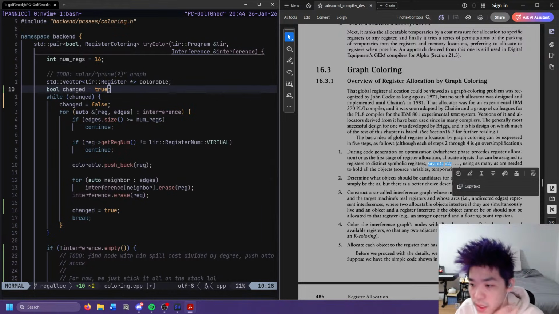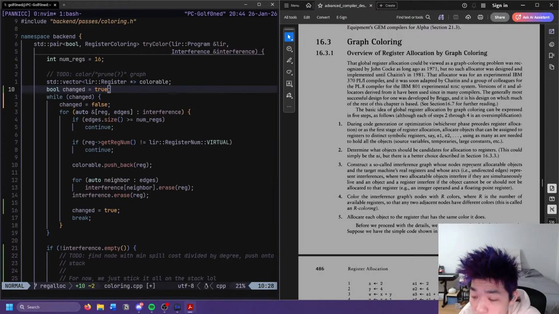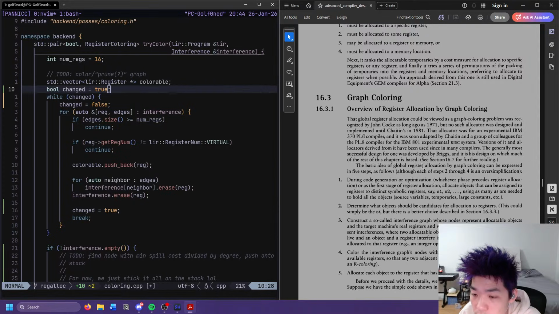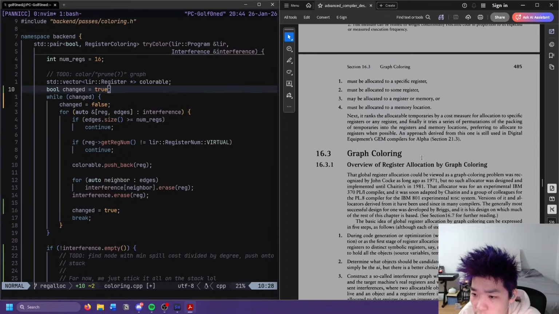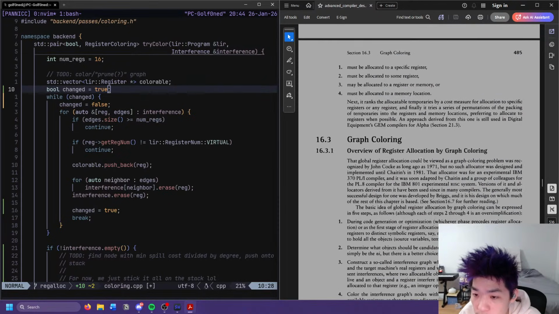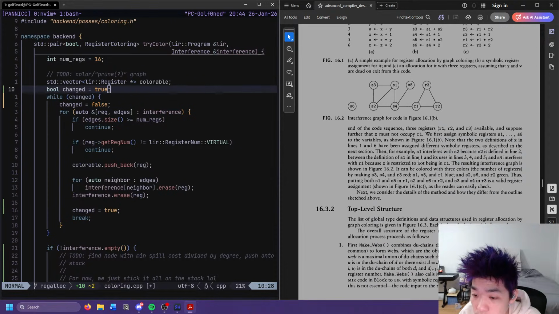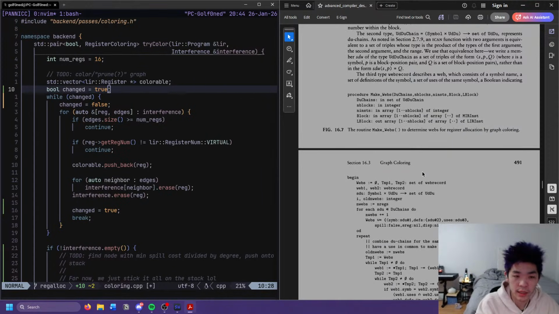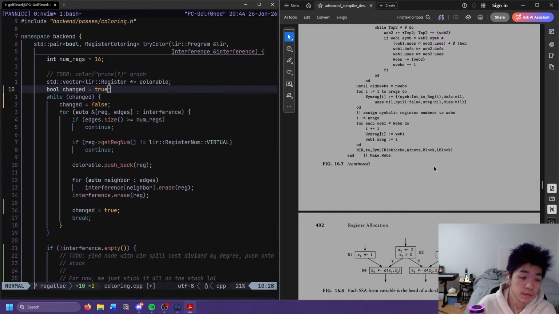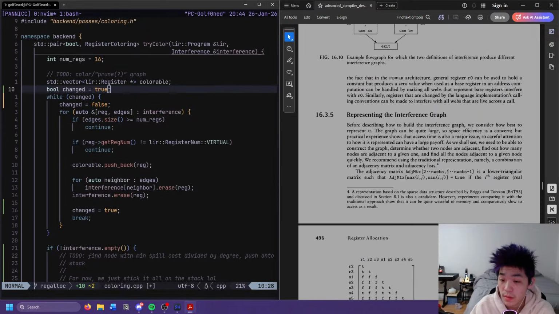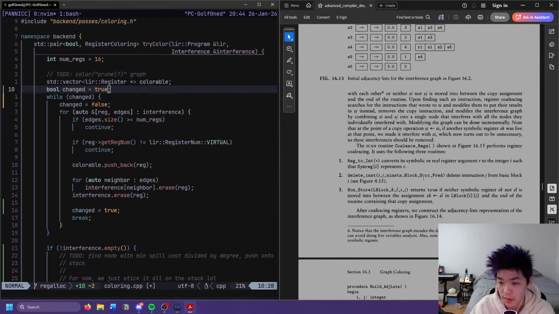Ah, so S is symbolic. And then this doesn't help me. I see. R is physical. Okay, that makes sense. So R is register, S is symbolic, or I guess I call it virtual. Okay. So I guess we can do a lot of scrolling.